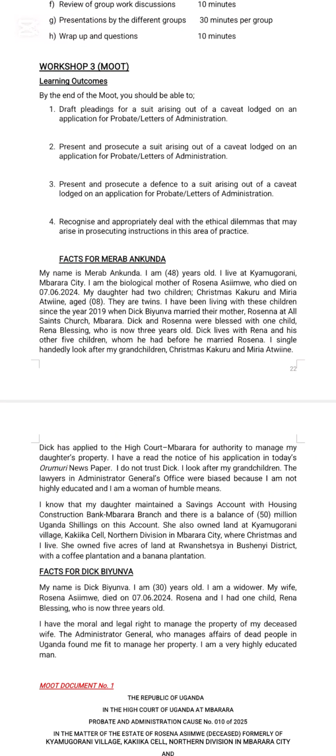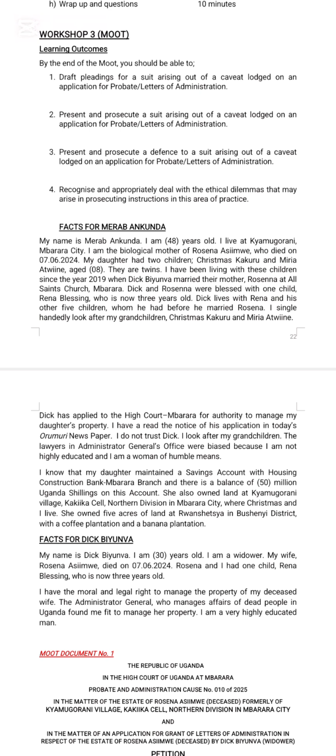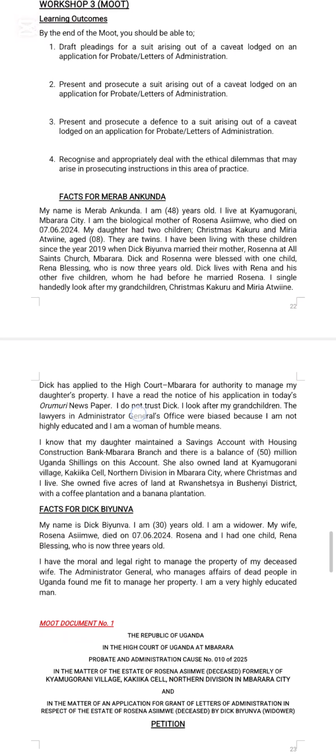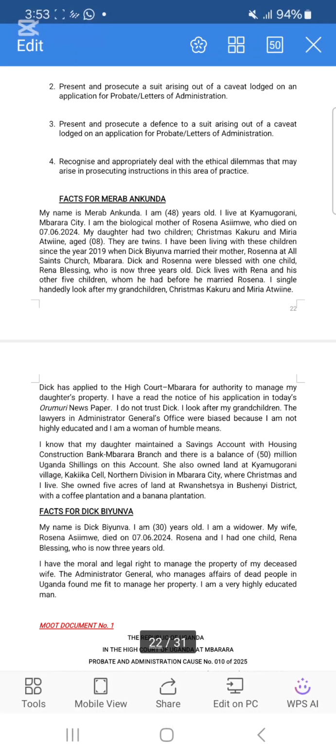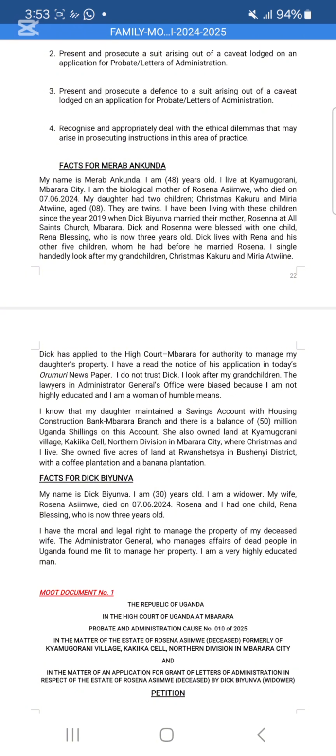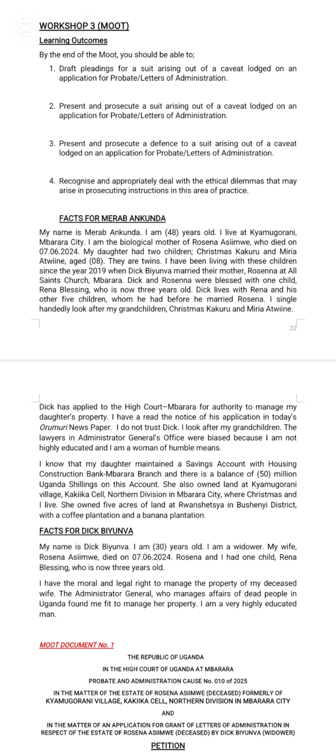So learning outcomes: by the end of this month, you should be able to draft pleadings for a suit arising out of a caveat lodged on an application for probate or letters of administration, present and prosecute a suit arising out of a caveat lodged on an application for probate or letters of administration, present and prosecute a defense to the suit arising out of a caveat lodged on application, and then recognize and deal with ethical issues arising for that case. So here what you have to understand is that we shall be dealing with